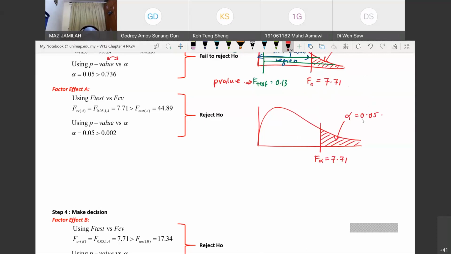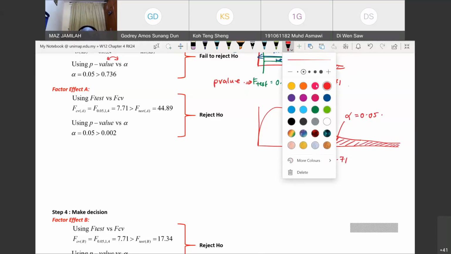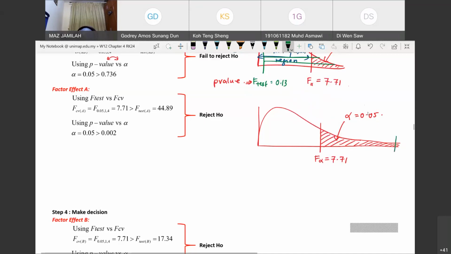Then I have my F test, that is 44.89, somewhere at the end of the distribution. Since your F test falls in the rejection region,